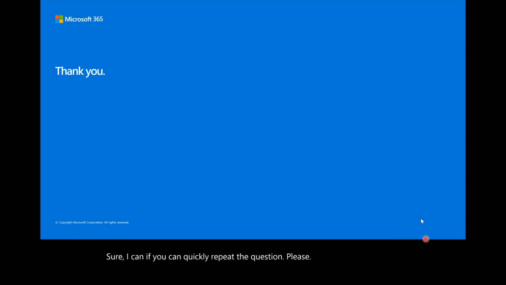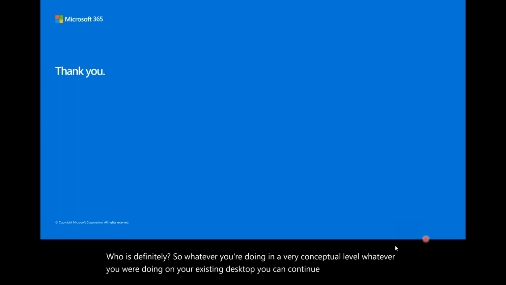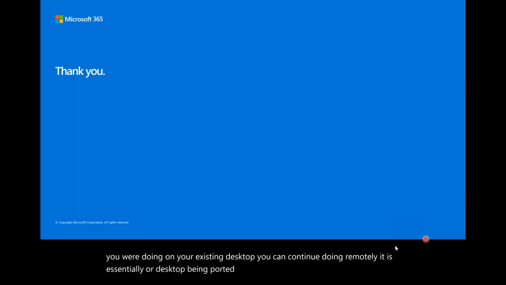The question says, can we secure automation development and run attended and unattended bots remotely? Oh yes, definitely. Whatever you are doing at a very conceptual level, whatever you are doing on your existing desktop, you can continue doing remotely. It is essentially your desktop being ported into cloud so that you can access your desktop from anywhere. I hope that answers your question.